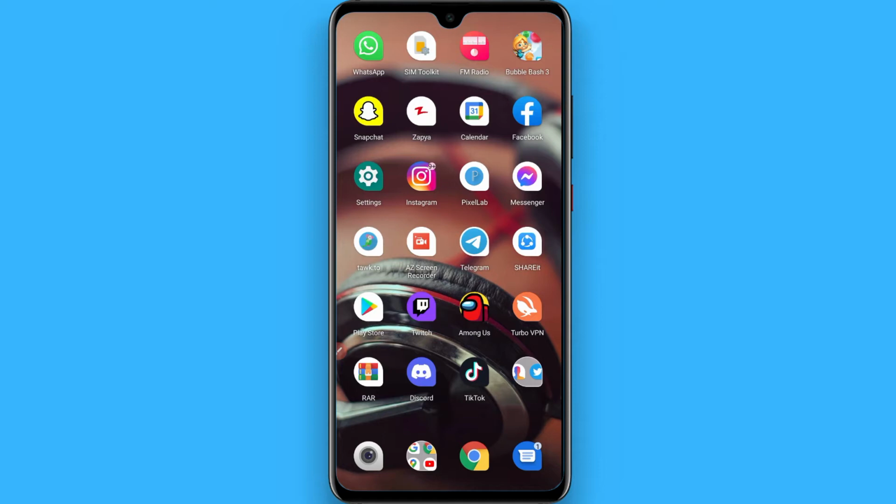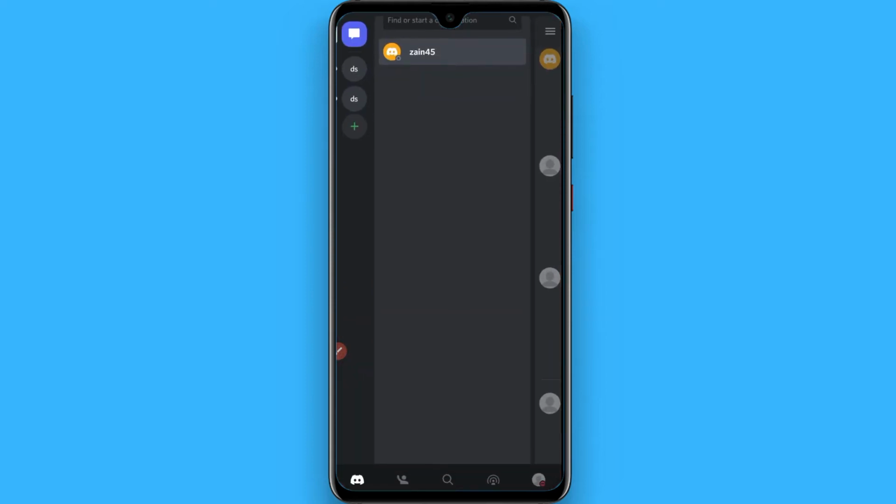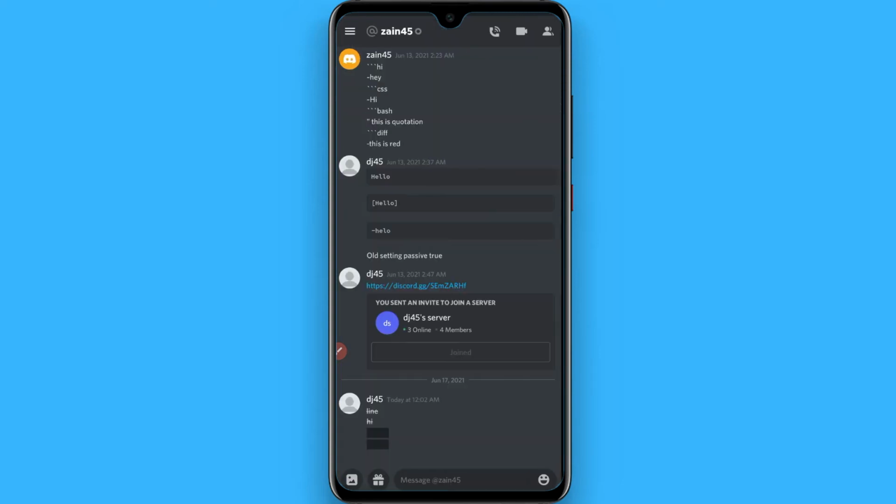So let's start. First of all, open your Discord mobile application, or if you are on the browser you can simply follow the same procedure, and also for the desktop. Once you open it, now select any server or the message box from here. Once you select a message box and you see a page like this, simply you have to click on